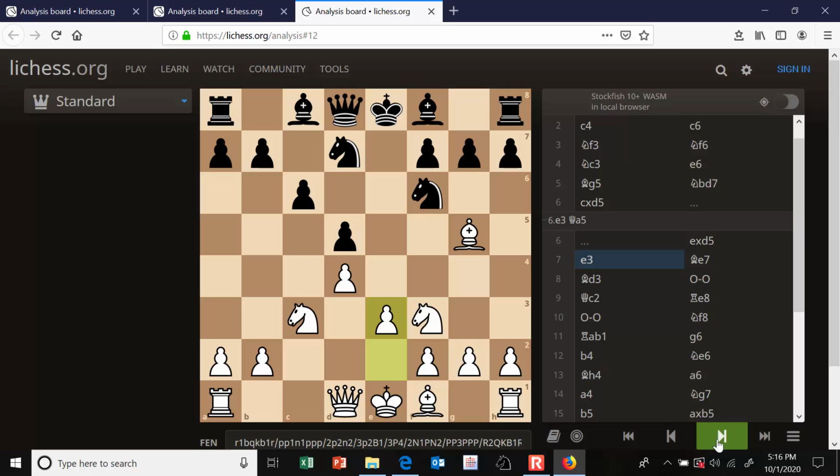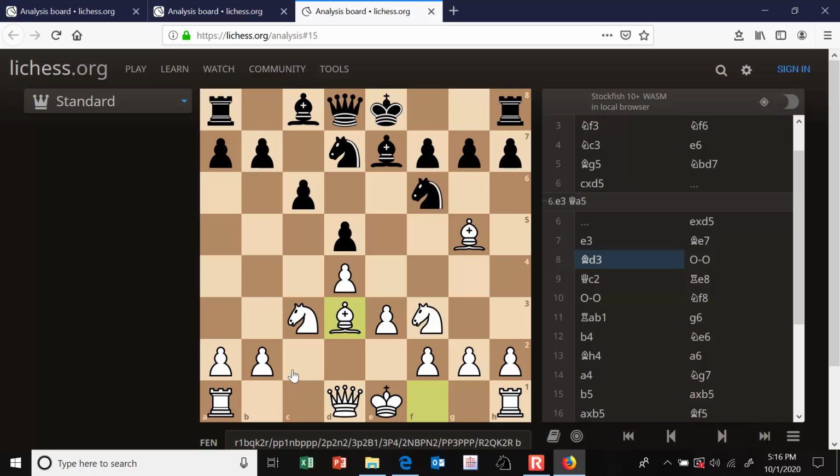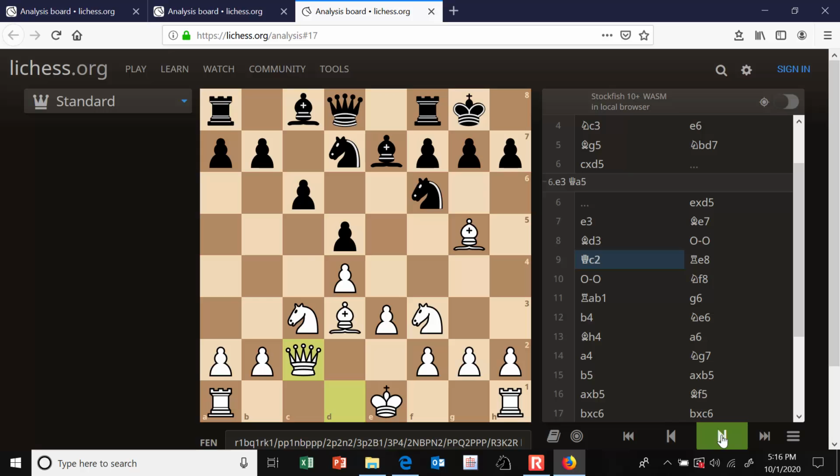Okay, and this is another case where the knight has already committed itself to f3. Okay, so white plays e3 in this position, and black plays bishop e7, getting ready to castle. Bishop d3, white wants to control this diagonal. Remember, he doesn't want this bishop showing up on f5. Castles, queen to c2. It's a great square for the queen in the exchange variation. Not only does it control this diagonal, but it also puts pressure down the c-file. Then rook e8,